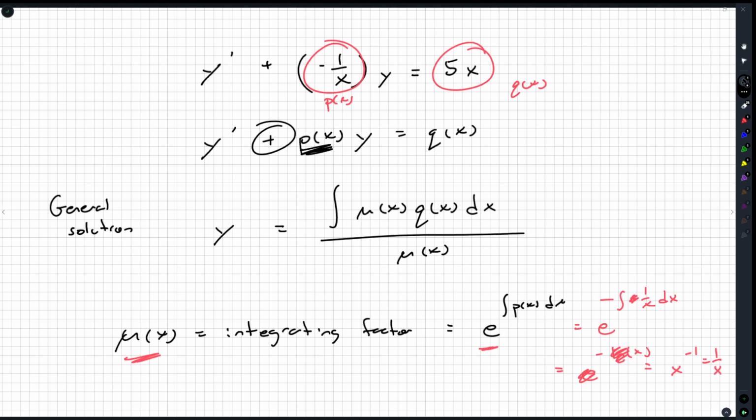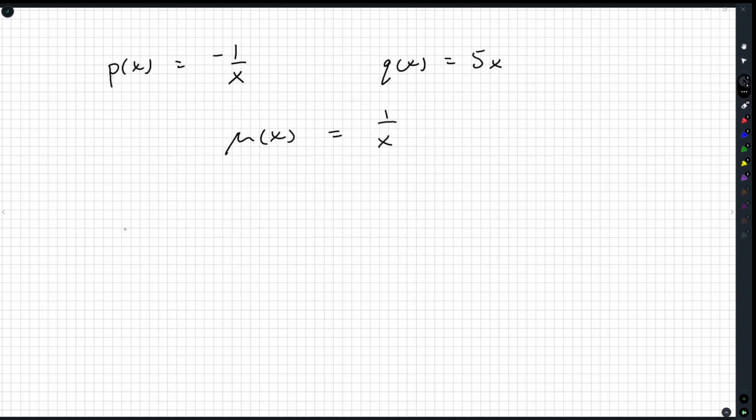All right, so p of x in this case, minus 1 over x. q of x in this case, 5x. Mu, our integrating factor, is 1 over x squared. No, sorry, not 1 over x squared. I'm already sort of multiplying things in my head. It's just 1 over x. Okay, so our general solution, which is all we're asked for in this question, is going to be